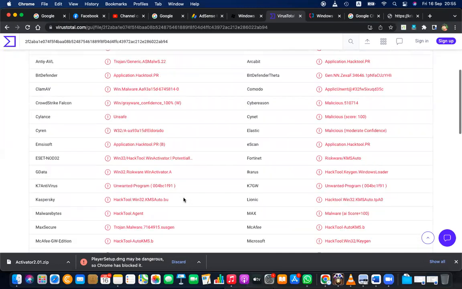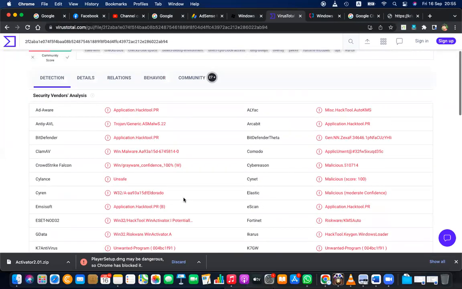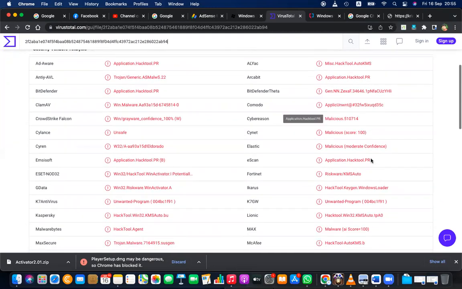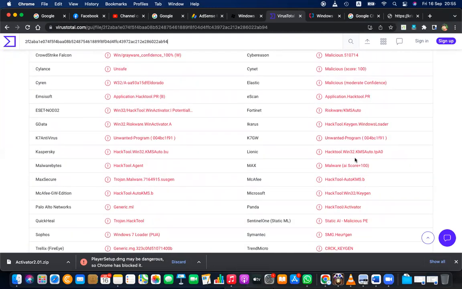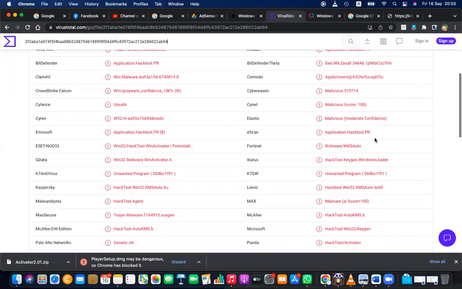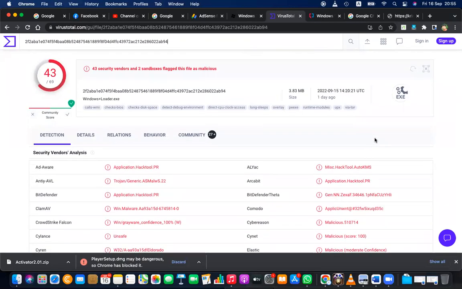Mostly it's designated as hack tool, and some are detected as a Trojan, malicious anyway, riskware, hack tool, malware, activator, crack, keygen, Trojan. Okay, this is how it is identified. That is the nature, right?